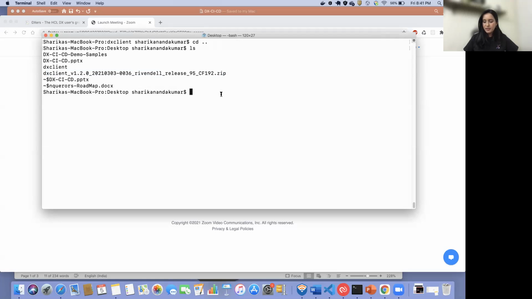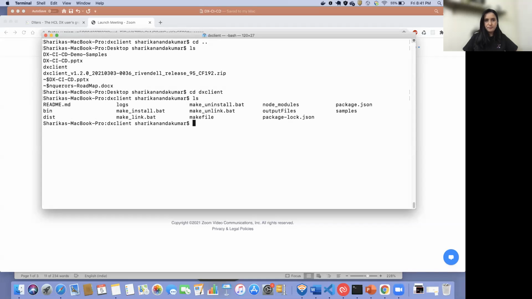And here you might find an old version there because we are about to release a new one, which is in 192, and I have the latest one here. I have already unzipped it, and it is in a folder structure. Now, what is there in this folder?